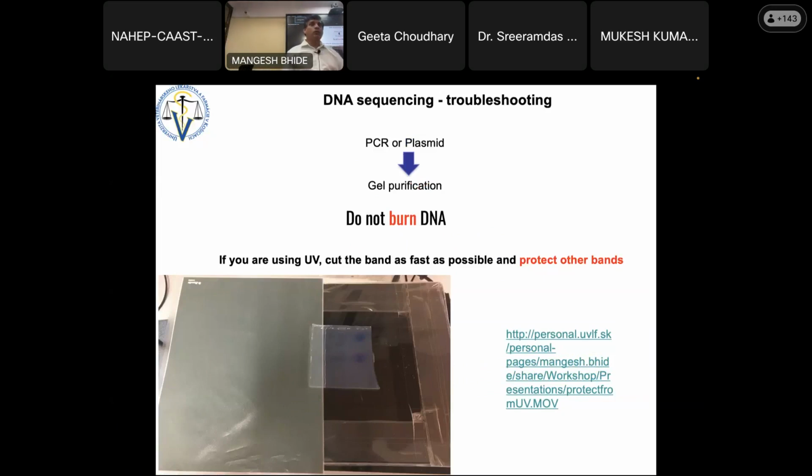Although we are using blue light, we protect our DNA from the light, because all biological molecules are sensitive to light. Some are faster, some are slower. For example, UV will degrade DNA faster. Blue light will degrade it slower, but still it will degrade. So we try to avoid that degradation, and if there are 7 different bands, we